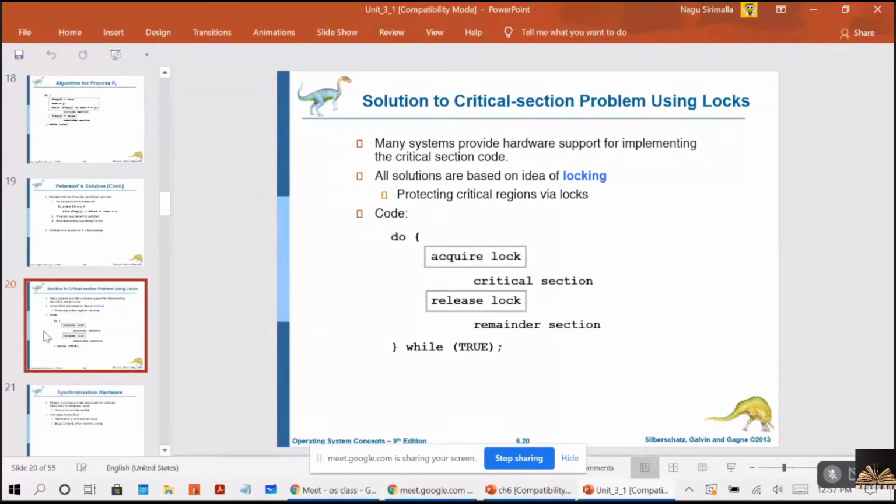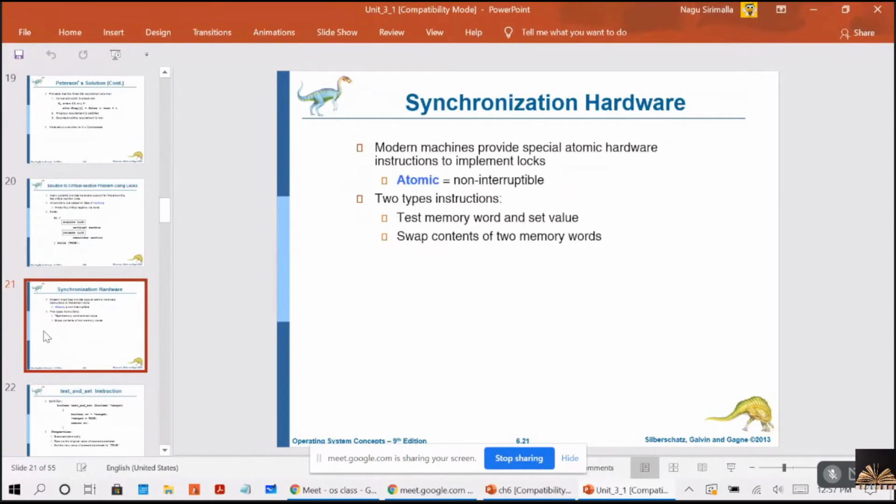That means, we have a room, and we have to enter that room, right? Here our solution is that we will be using locks whenever anyone wants to enter into the critical section. First they will lock the area and they will enter, so that because it is locked, no other process is allowed to enter. Once they are done with the job in the critical section, they will release the lock, so that other processes will be allowed to enter into the critical section, right? About the synchronization hardware, we will discuss in the next class.